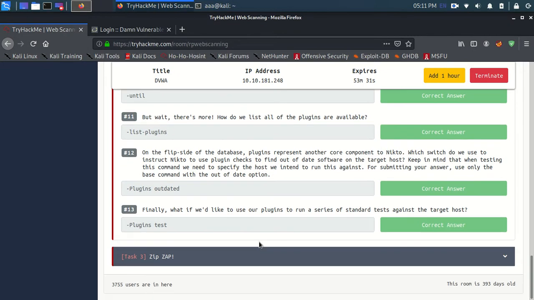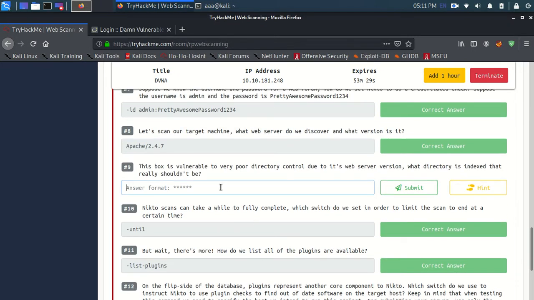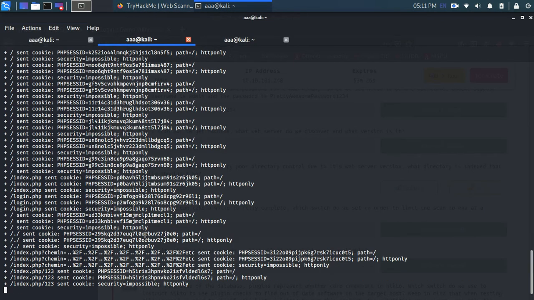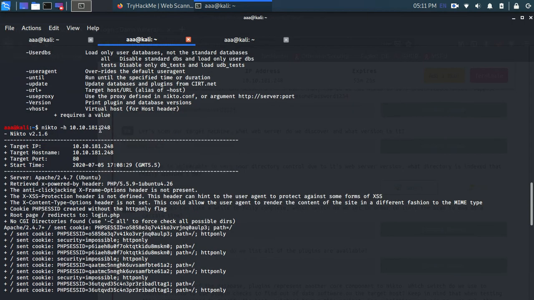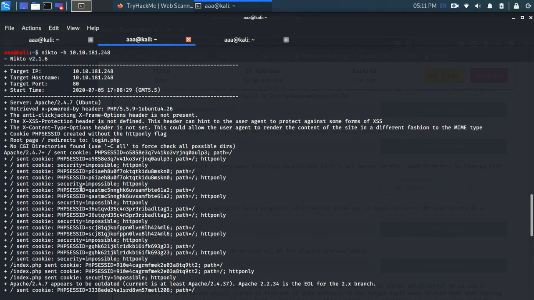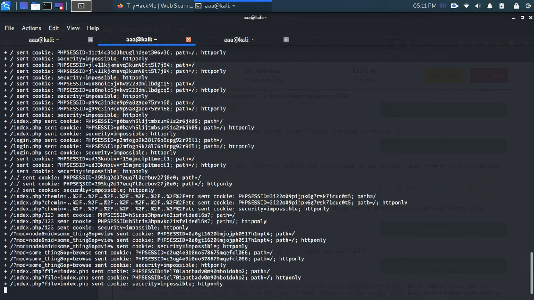Okay, so we are left with this question, and let's see if the Nikto scan is done. Okay, it's still working.